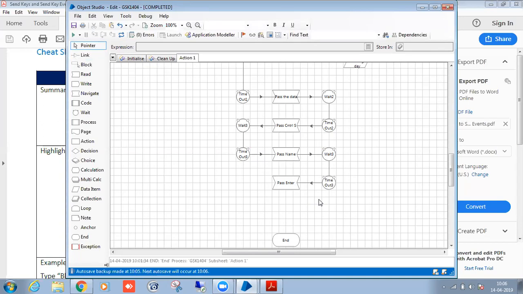When you run from the developer studio, it will run properly. But when you run from the control room, it will run at maximum speed. While passing the Control, we are passing keystrokes, and within a fraction of a second it won't pass properly. That's why we have to take a static wait of at least 1 or 2 seconds before or after the global send keys. This is also an important interview question.